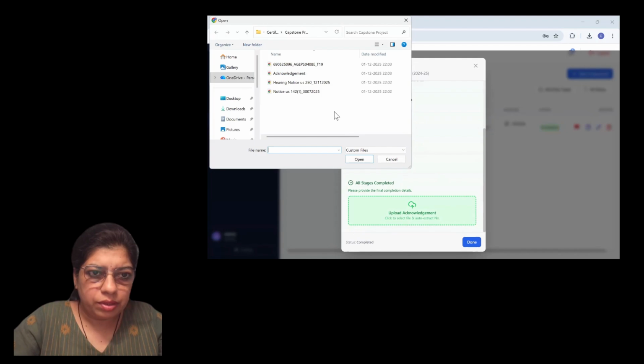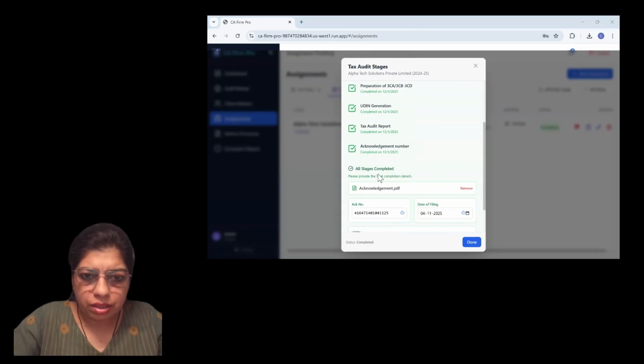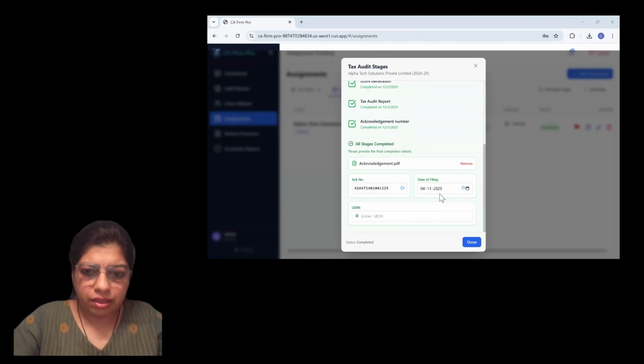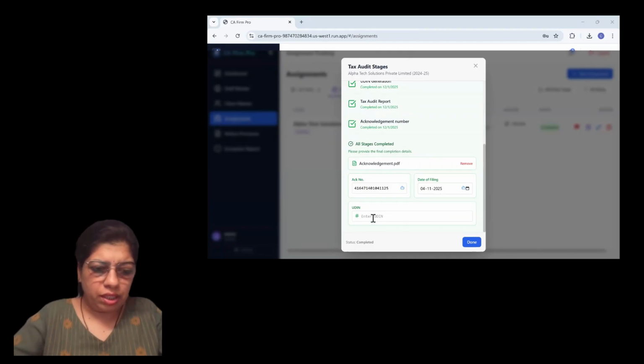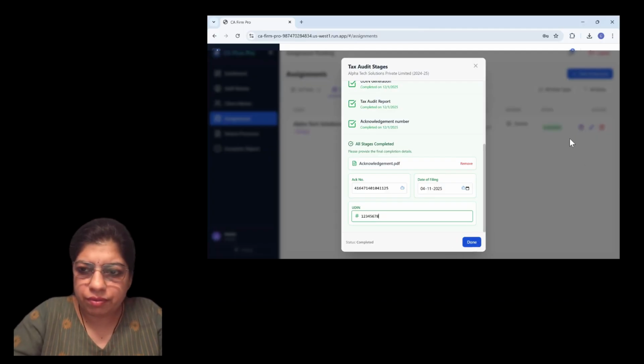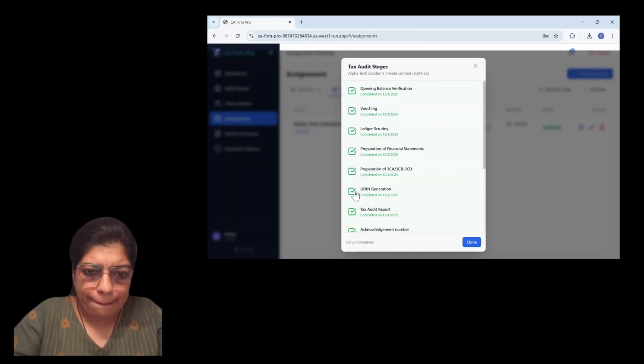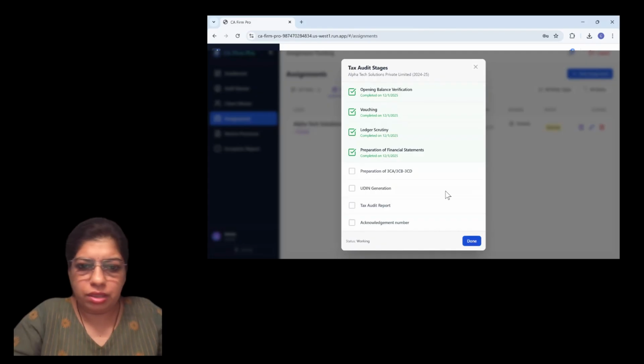Suppose I upload an acknowledgement here, and as you can see, the acknowledgement number and date of filing will appear here. And suppose I enter the UDIN, and the red flag will disappear. Now let me remove the stages because I have to show it from the staff side also.